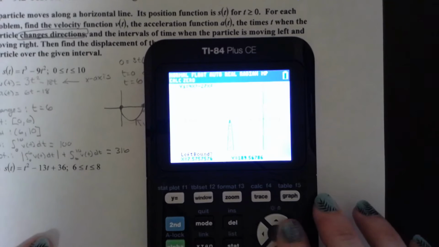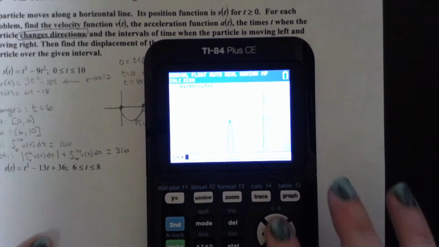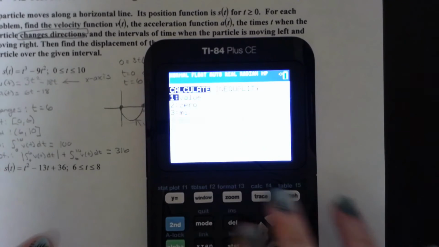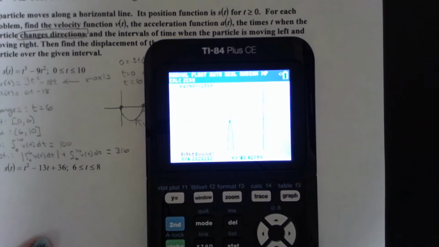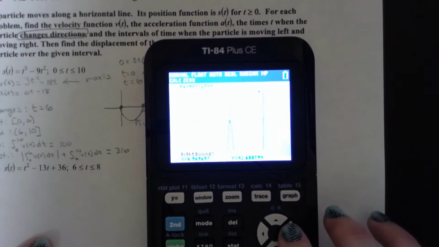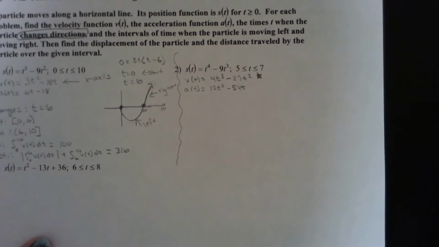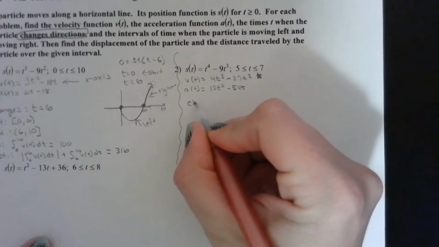Zeros, left bound, and then right bound. Guess, so it says 6.75. So that is definitely inside here. So we know that it's going to change